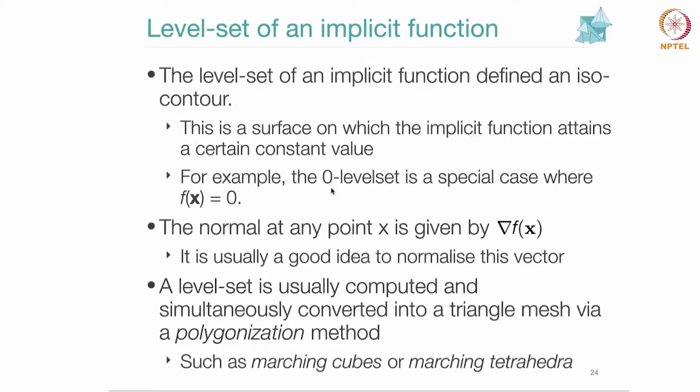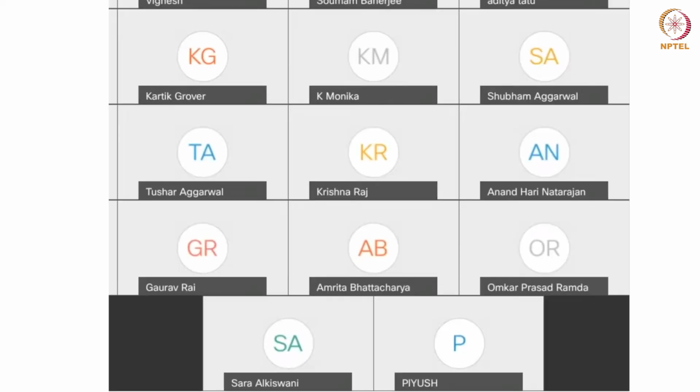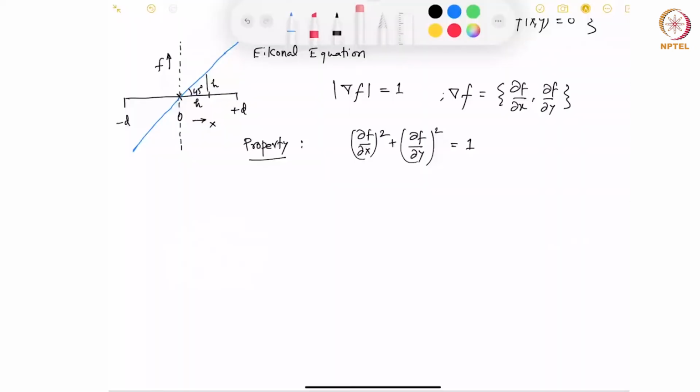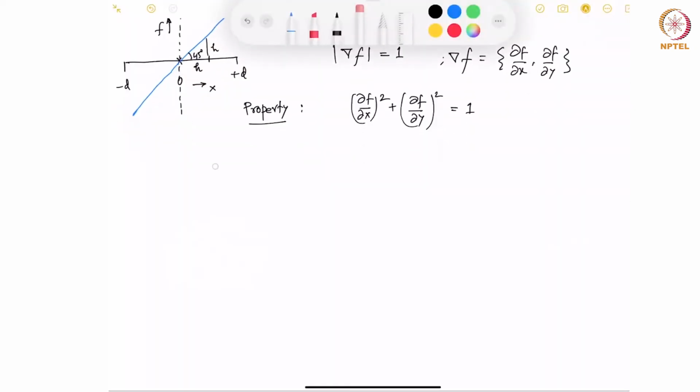So we defined the implicit field, and I have been talking about defining an implicit field at points in the space. But how many points in the space do I need to consider? So let me share my screen again and draw a little bit. Right. So how exactly, which points to consider